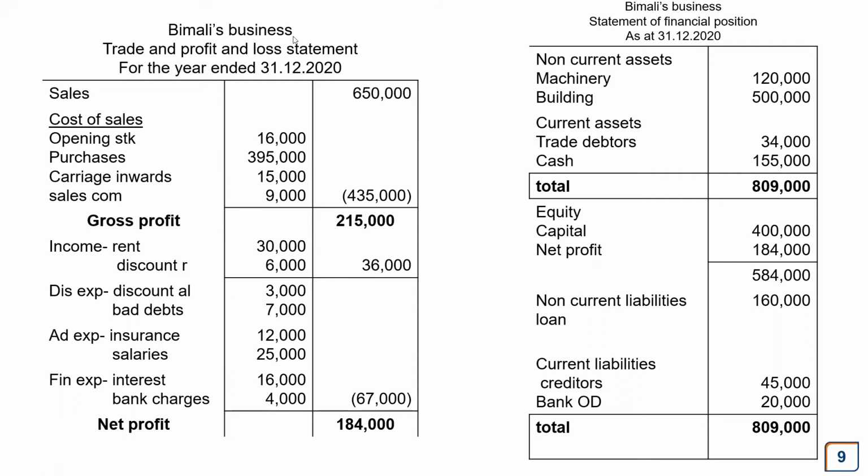So to check whether we have really done it properly, see the total of assets is 809,000. Since I add the net profit to the equity, only then does our total of the equity and liabilities tally with the total assets of 809,000. So I hope this is clear to you. This could be expanded with adjustment entries, but always remember, as long as you have a clear mind, as long as you do your accounts properly, this will not be a big issue to you.